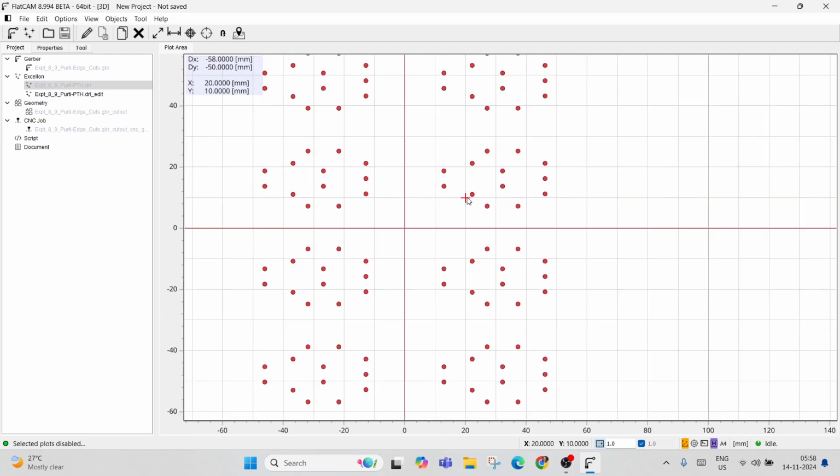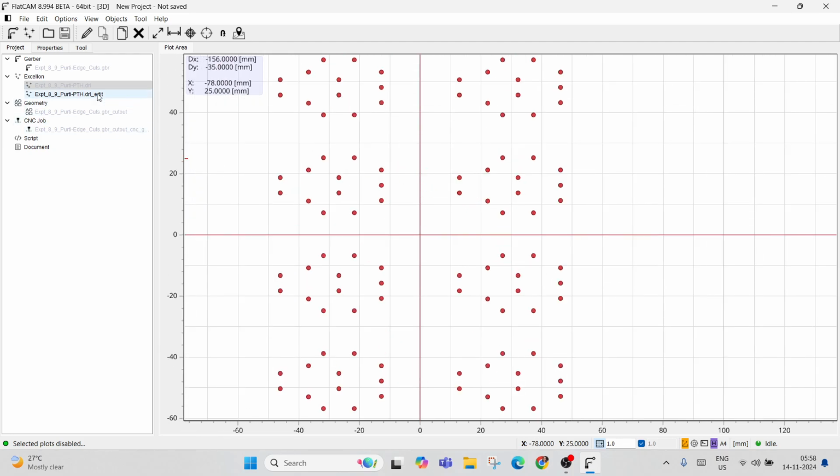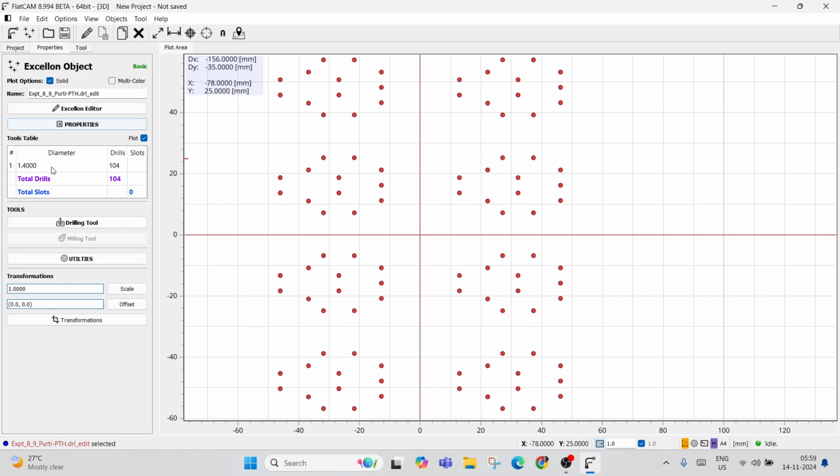So now all of the holes are the same, and this is the file that I want to convert into G code. The Epsilon drill file does not get converted to geometry. Only the back copper and the edge cut layer get converted to geometry. The Gerber files get converted to geometry and then geometry to G code, whereas the Epsilon drill files directly get converted to G code. Okay, so double click on this